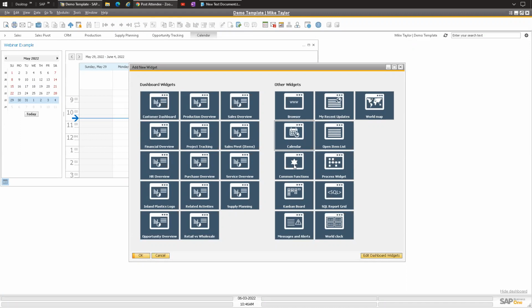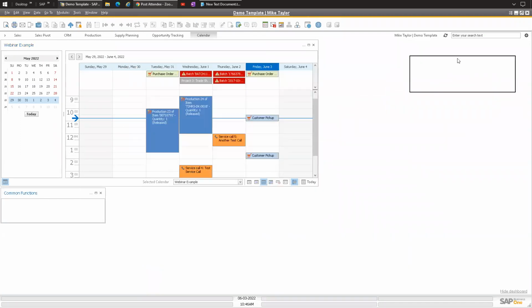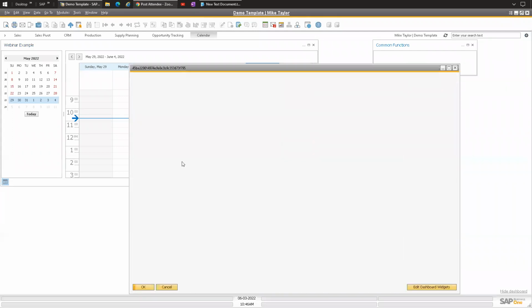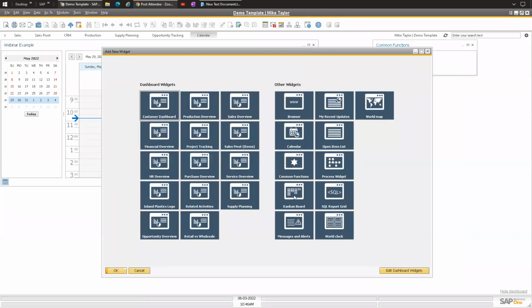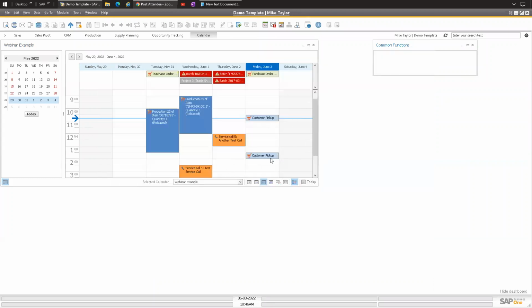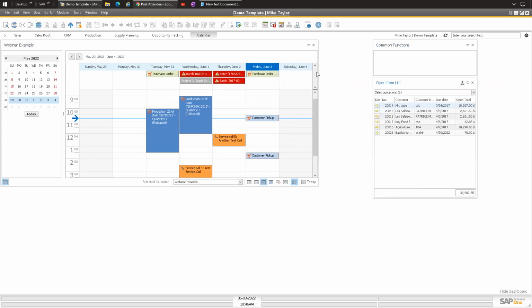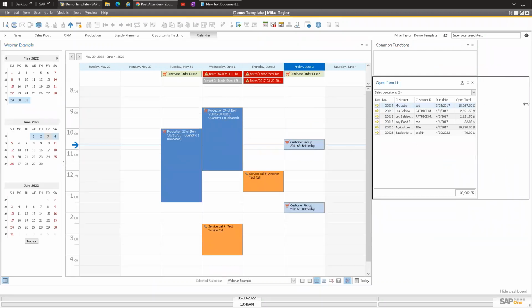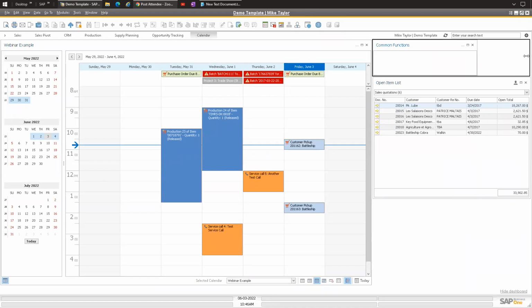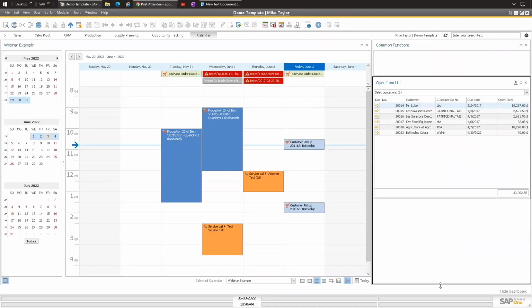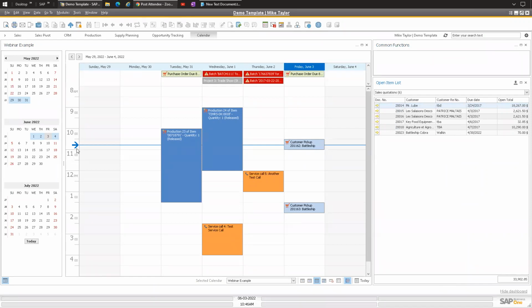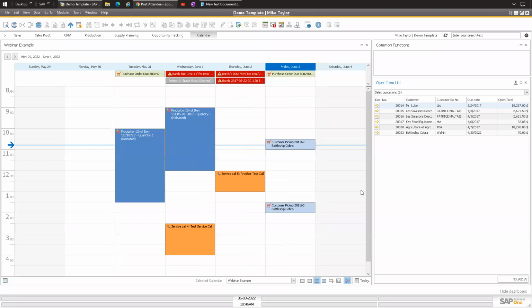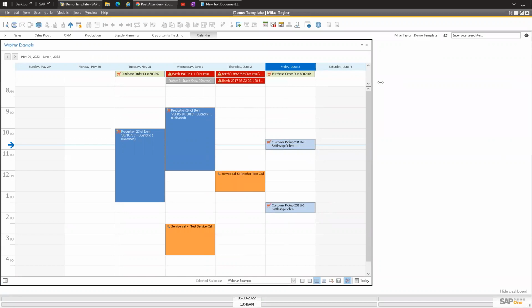Like we were talking about, you could integrate it with the common functions. You could integrate it with your open documents. Where's my open items list? You can build your view how you want to see it. I didn't cover that too much, but move this over here. You can make this a full view, and you can combine grids and other things too. You could have half of this be the calendar and half be a grid, get rid of this date. So you can really go crazy with customization on this. I didn't talk about that too much for the setup.